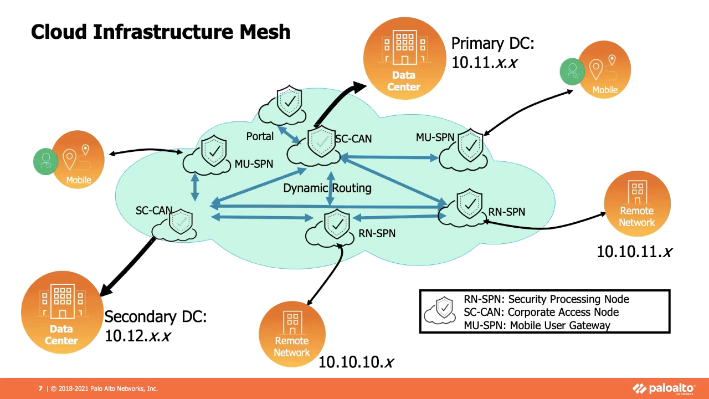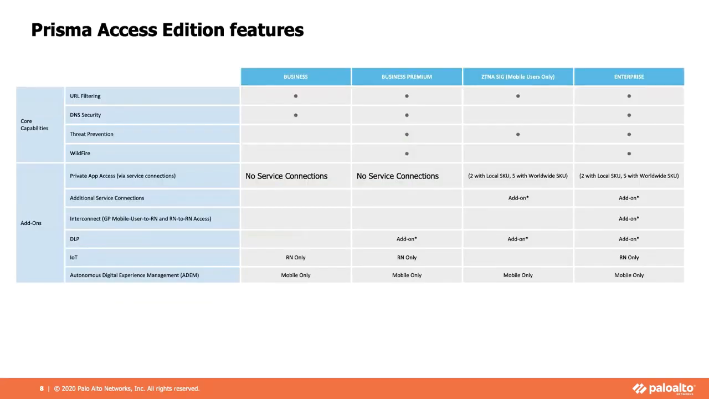Now, a lot of this is predicated on having the proper licensing in order to have these different options available. So let's spend just a moment talking about the licensing for Prisma Access. So we have licensing that involves just the remote network SPNs, the RN SPNs, or these branch offices, these storefronts, these places where